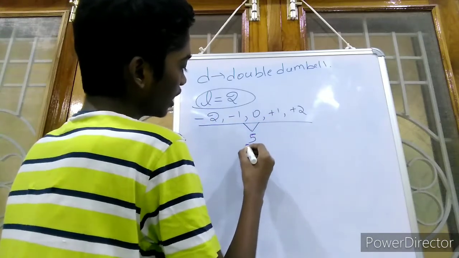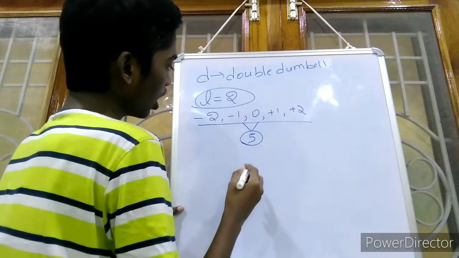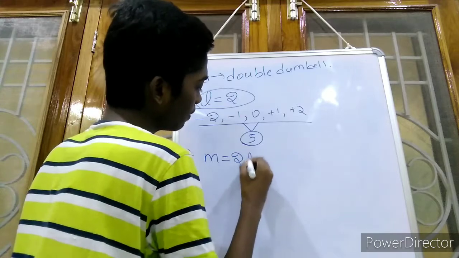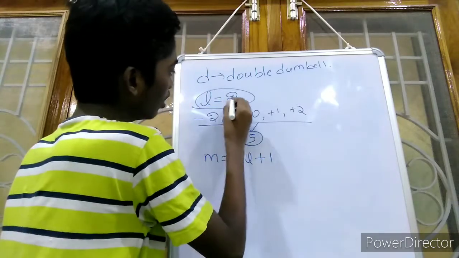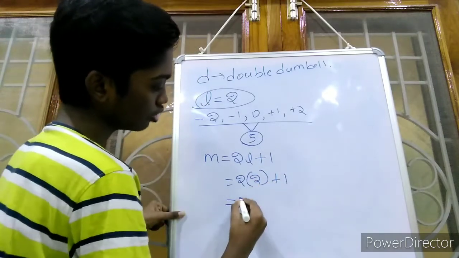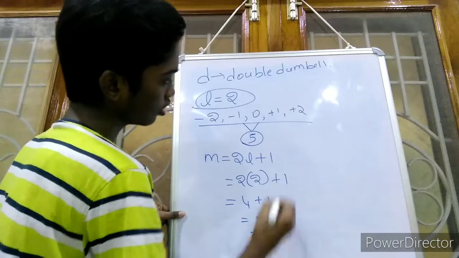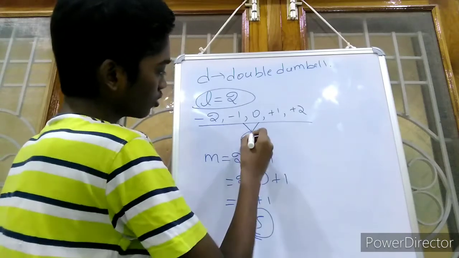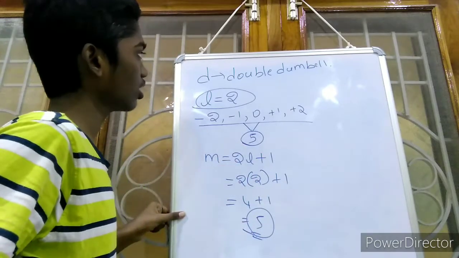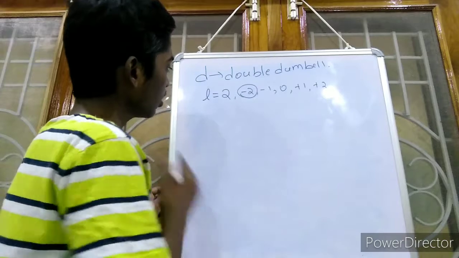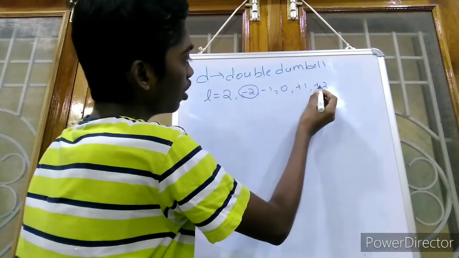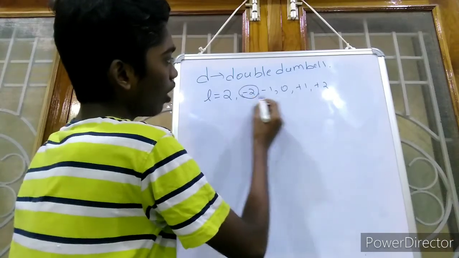5 numbers. Let us check whether these 5 numbers are correct or not, by using the formula m is equal to 2l plus 1. We can substitute the value of l as 2 here: 2 times 2 is 4, plus 1 is 5. So we got 5 here. So this value is correct. Now let us look at the structures for this orbital d. So friends, here we have 5 values, -2, -1, 0, +1 and +2. We have to draw the structure for all these m values.